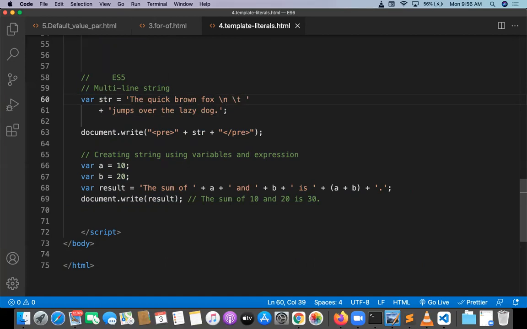But with the concept of template literal, with the ES6 feature, what we are trying to do is put in the escape character. With the escape character, no need to write this one, and no need to write the plus symbol. Directly escape open, escape close. That is going to break the strings.